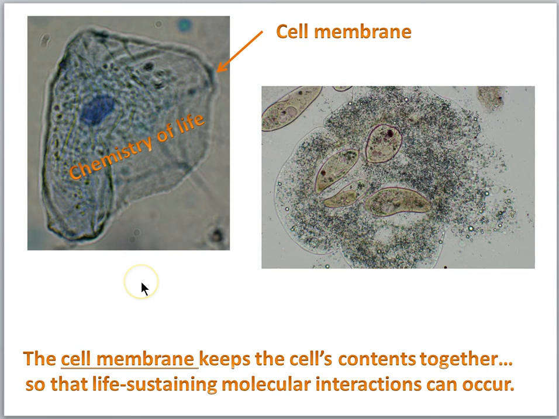Now, let's take the cell membrane first. Here we see the outer boundary of the cheek cell, and that is a flexible boundary called the cell membrane. The cell membrane keeps the cell's contents together so that life-sustaining molecular interactions can occur. Now, that's a mouthful there. We're just going to call that the chemistry of life. It's happening in the fluid, in the cytoplasm here, but the membrane keeps all those molecules together